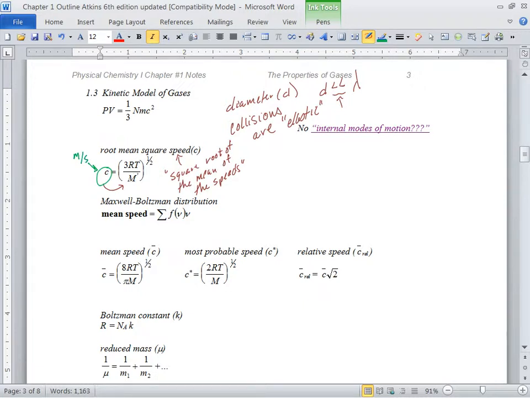How about this big M? Kelly, what do you think big M is? Yes, it's molar mass. And you look at the periodic table, you get grams over moles. However, is that standard metric units? It has to be kilograms over moles. So when you start using this equation, don't just find the molar mass and use it. You got to convert it to kilograms per mole. Otherwise, you're not going to get meters per second.